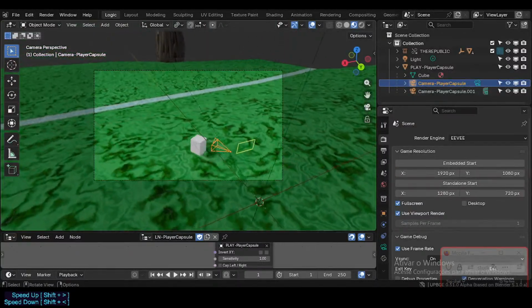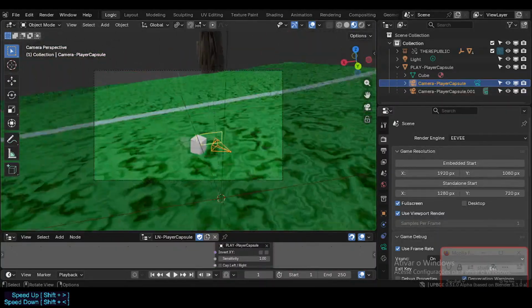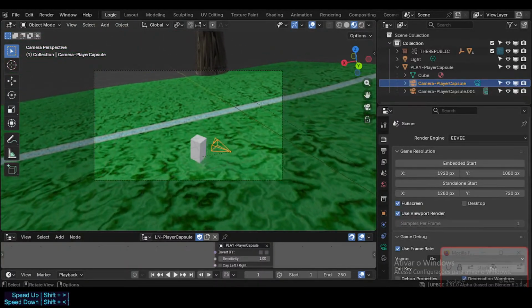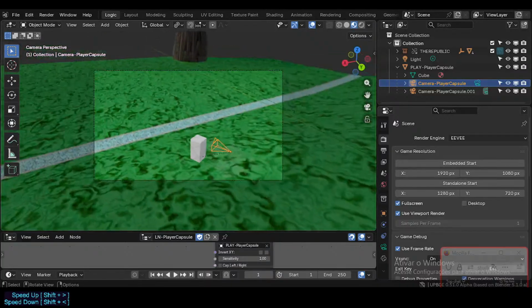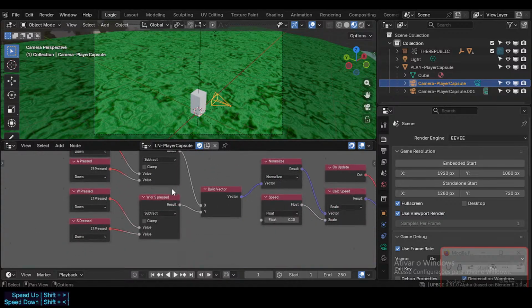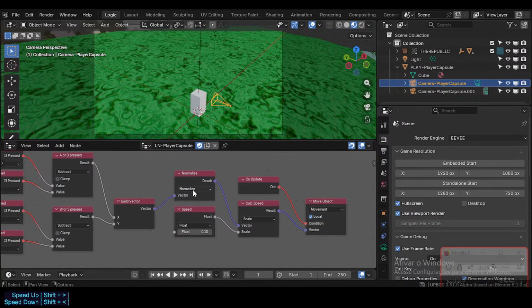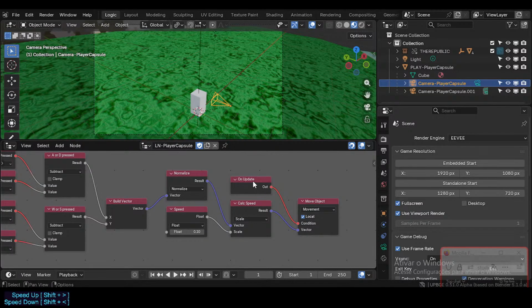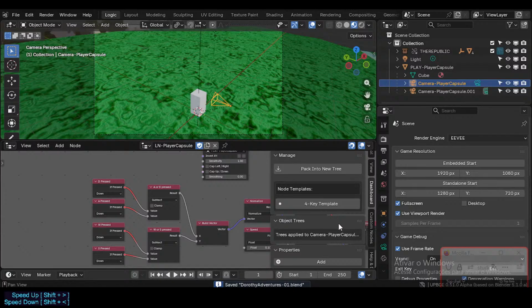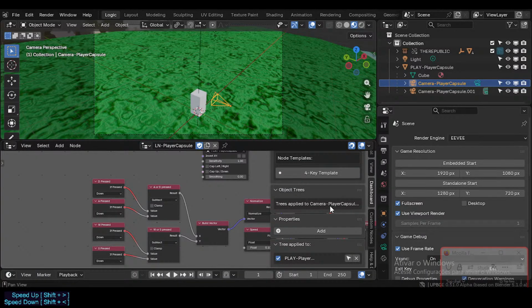No, you see, this is something. I don't know what's causing this behavior, because the parents are object trees. They are indirectly applying to